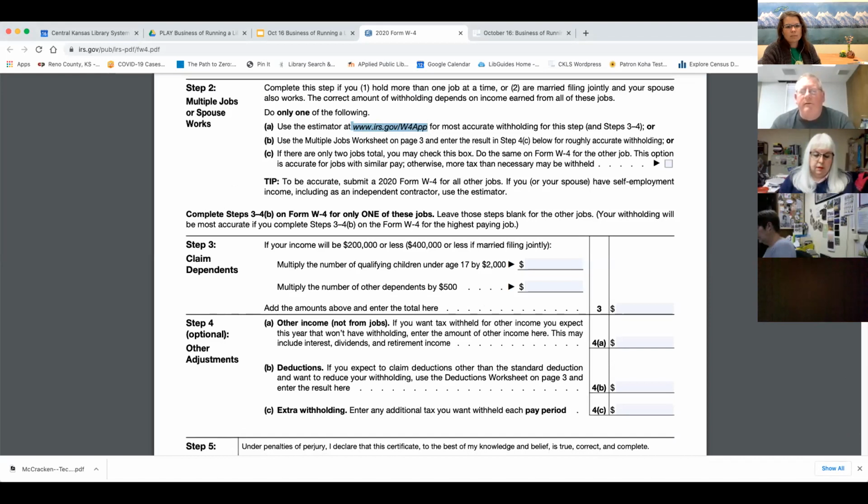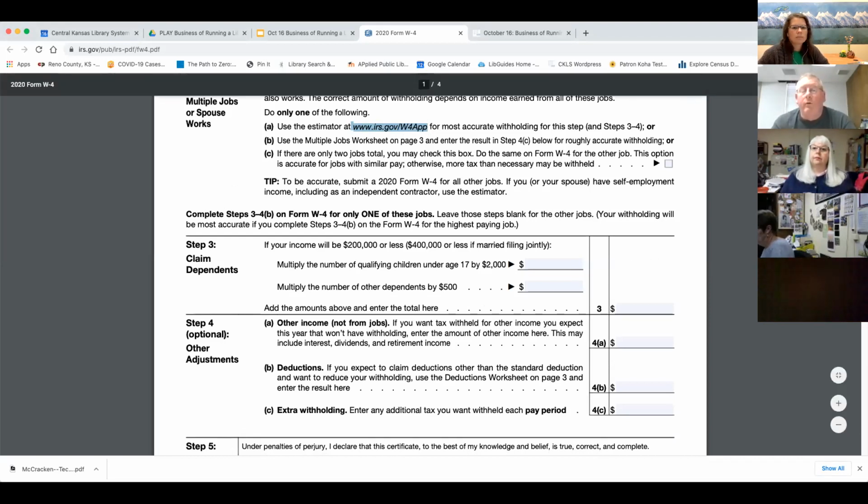So step 3 is really where, if your income will be less than 400,000. So I'm sure that applies to everybody,